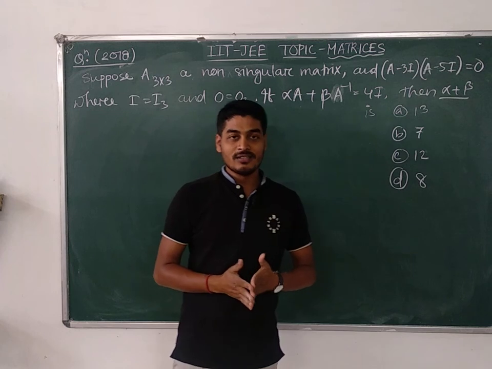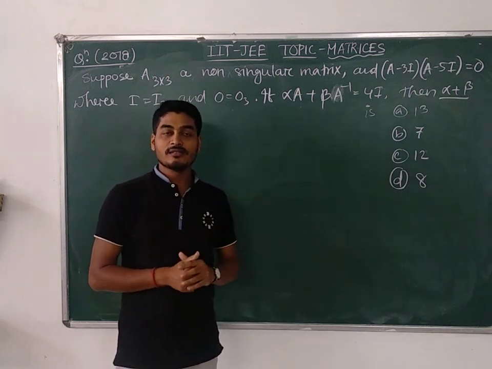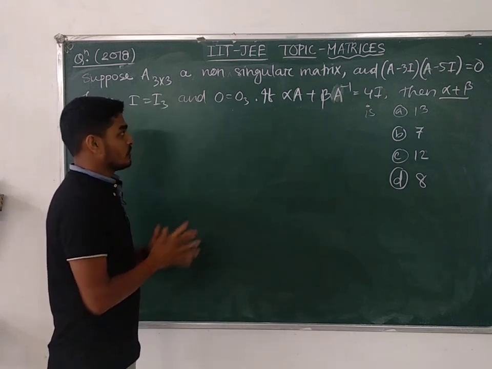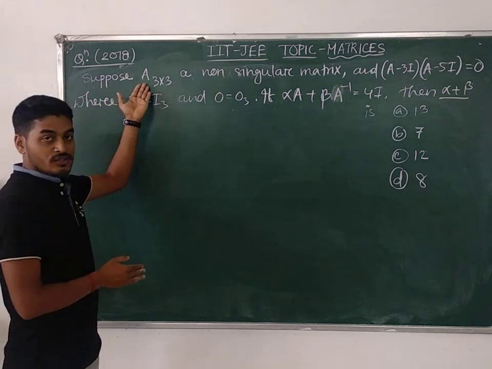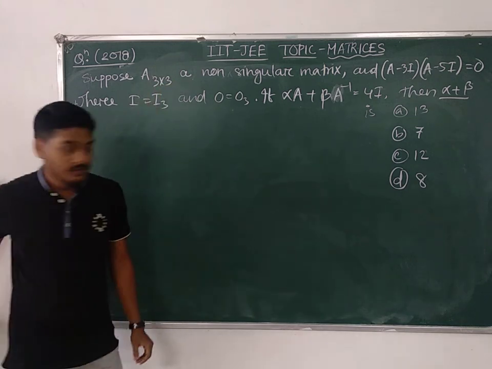Here in this lecture on the topic of matrices, I have selected a question from the year 2018 of JEE Mains. Okay, so let's have a look. The question is a very simple question. A is a matrix of order 3 by 3, it is known to you, but it is given that it is non-singular